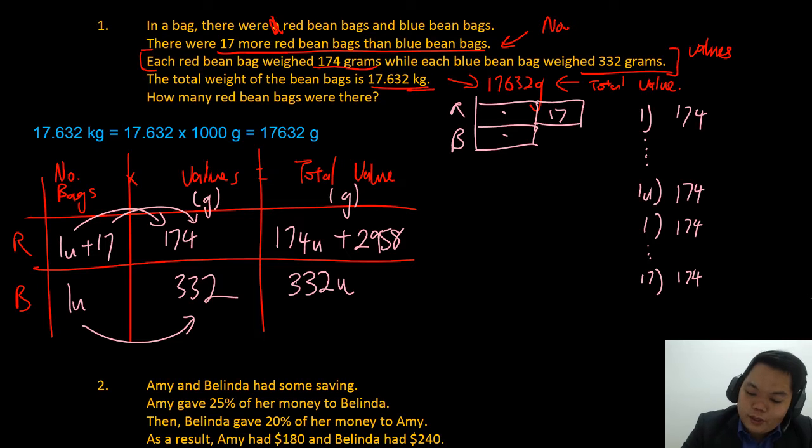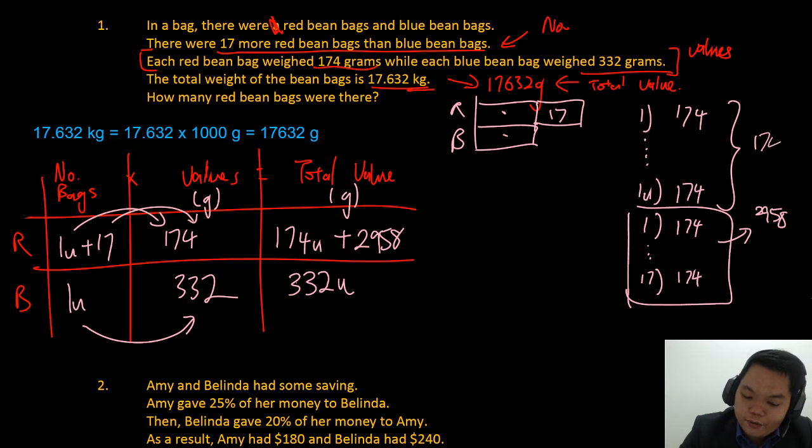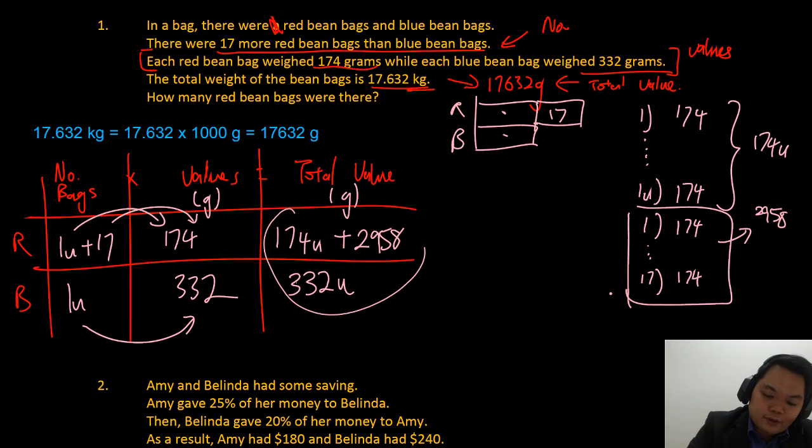So this is why we have 2958 grams over here. This whole thing here will be 174 units. Okay, this is to explain and visualize why you have to multiply both numbers. So once you have this already, everything over here is going to add up to